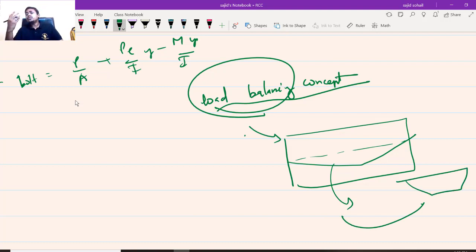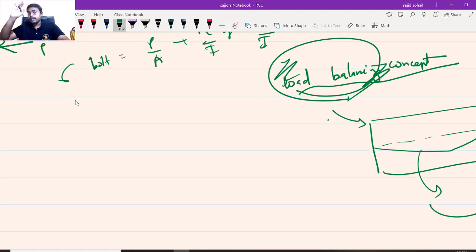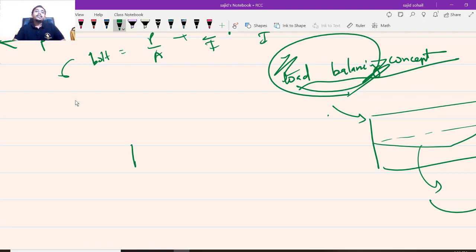So how does this work? Let us try to understand. How can I balance the load using just my tendon and nothing else? The entire load, whatever is acting, I am neglecting the live load. How? Let us say there is a point load acting on a simply supported beam like this.